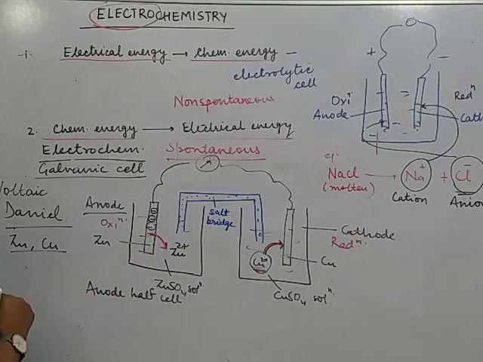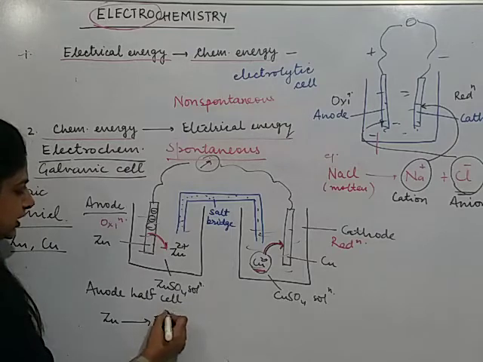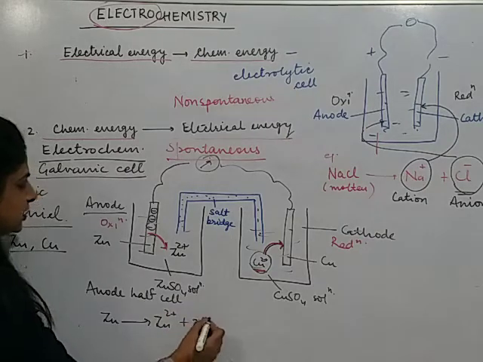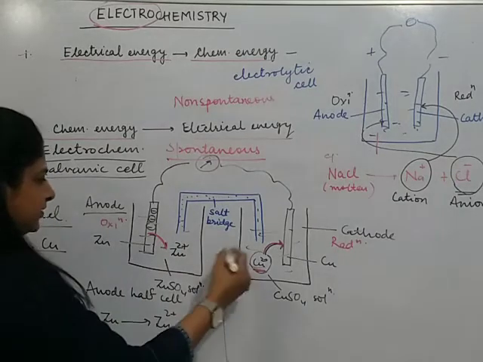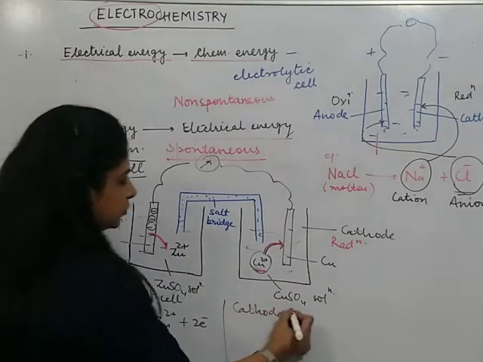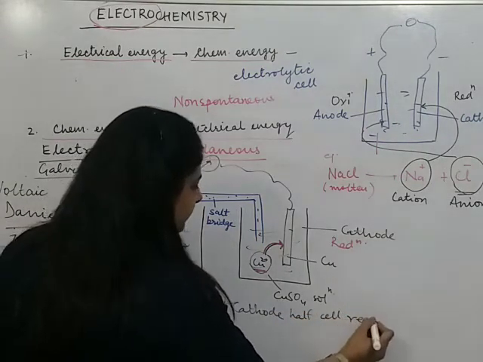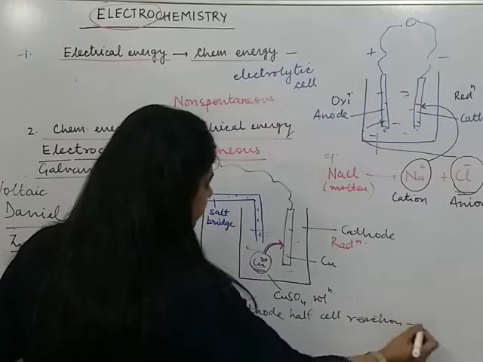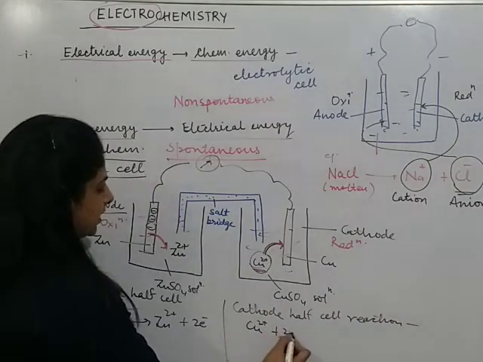What is the reaction taking place here? Zinc is getting converted to zinc ion by losing the electrons. And what is the cathode half cell reaction? Cathode half cell reaction, copper ions are getting converted